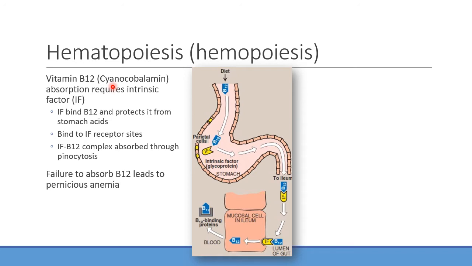So if we have someone who's developing a cyanide toxicity, which you may find in someone who gets stuck in a house fire, house fires are one of those places where you see a lot of cyanide develop, we can actually give them a drug called hydroxycobalamin that will bind up the cyanide and then just makes B12. Which is actually a really elegant way to deal with one of these